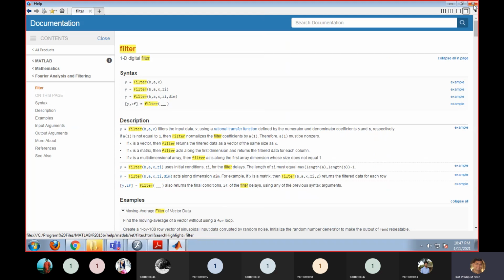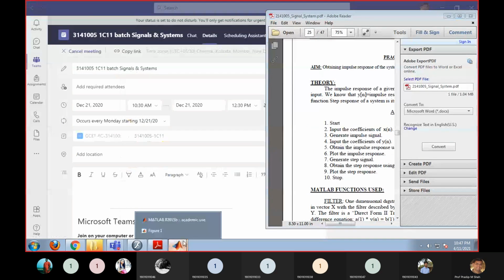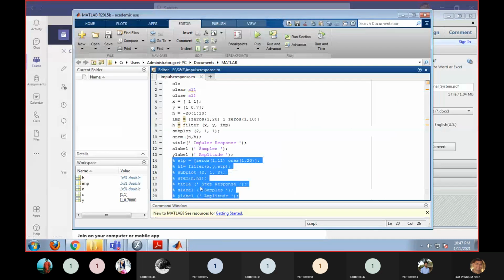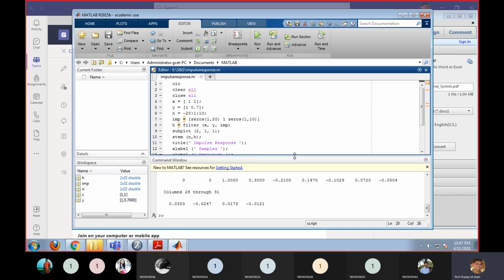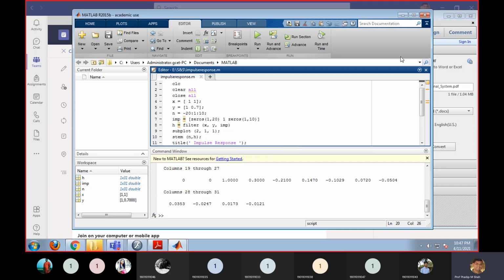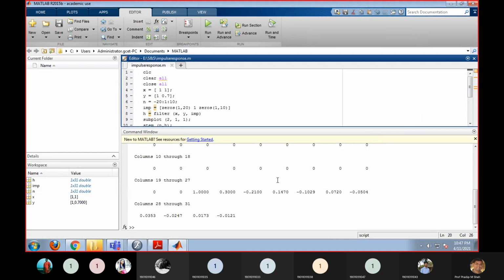I am closing this help. You can see the command window below your program.